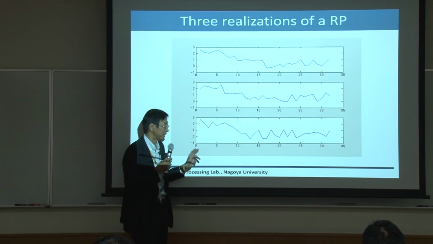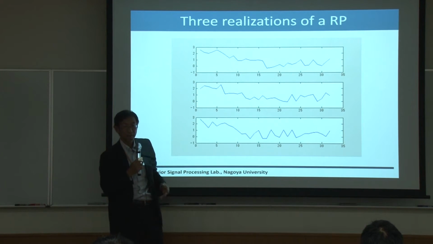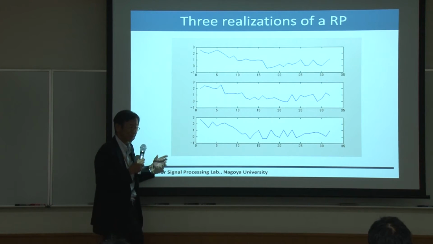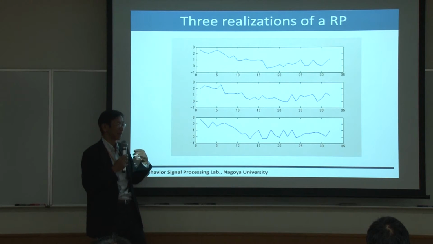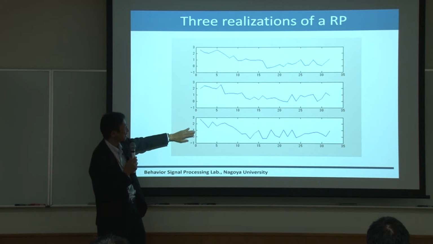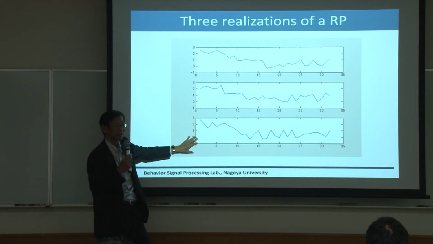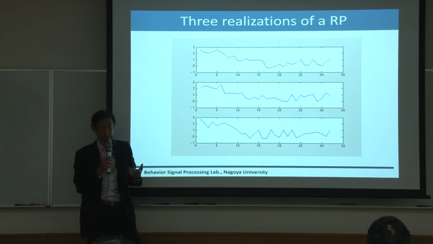Let's say this is the age, and this is the voice loudness of the crying voice. This is one subject, and this is another subject. You have a lot of data, and what do you conclude is the most important thing